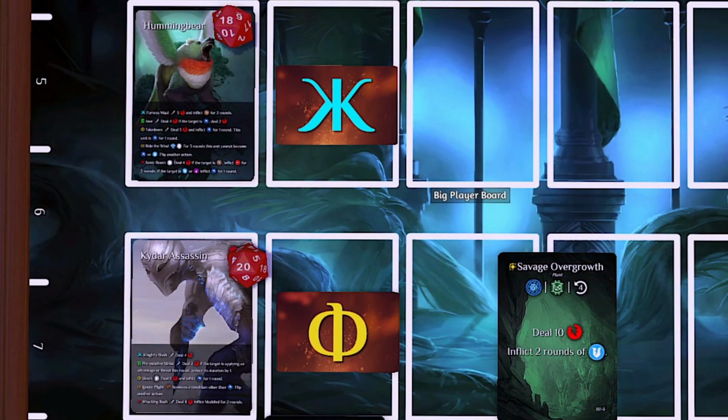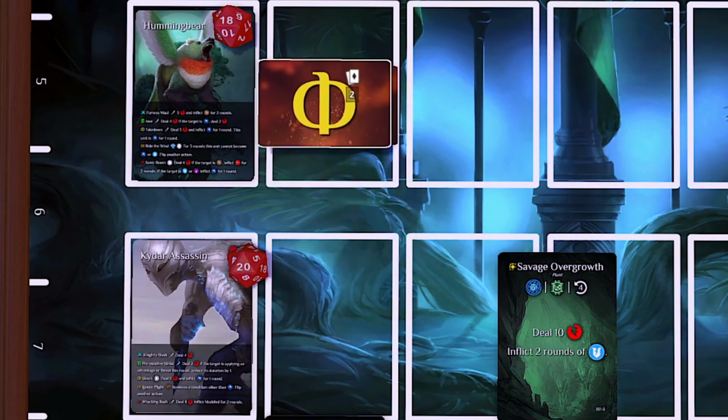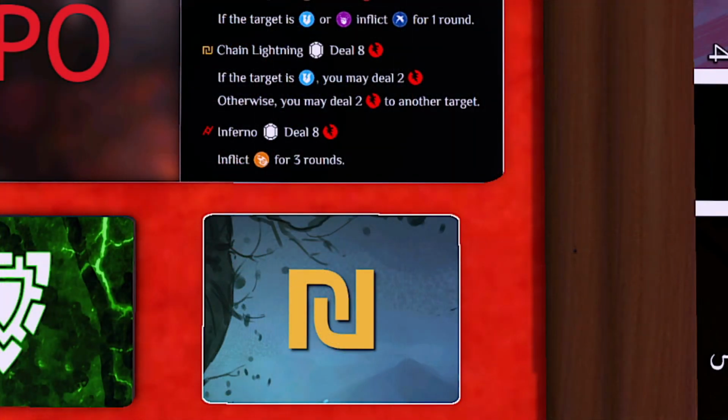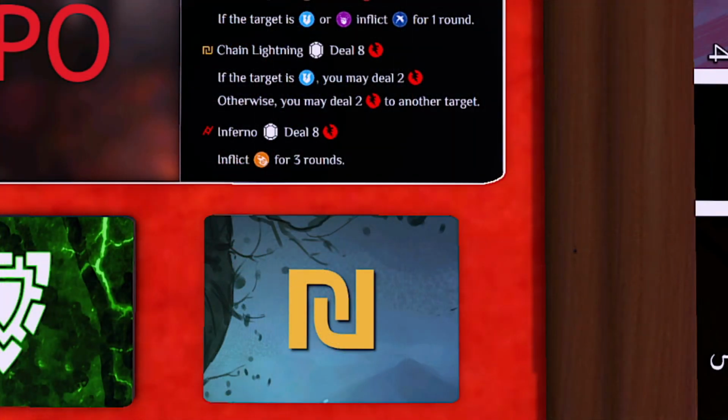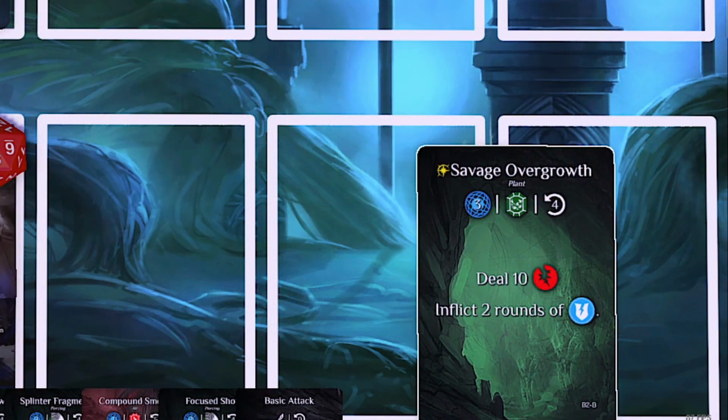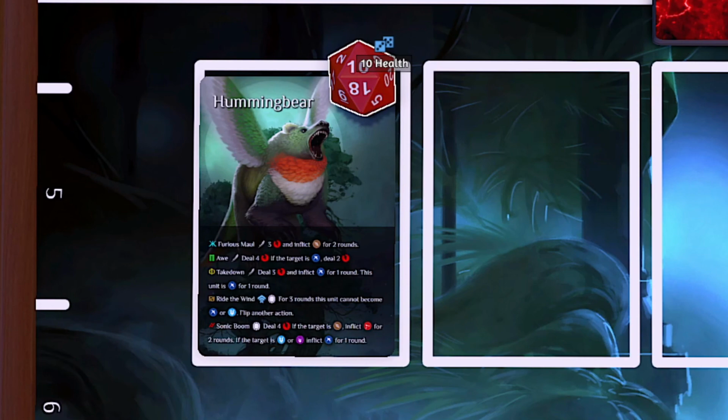Once I have resolved the actions for both enemies, I can take their cards and place them in the discard pile. Then I can resolve the actions of any party members in any order that I choose. Kaya on her turn has flipped the rare icon, dealing 8 damage to an enemy. Neither target is vulnerable, so she will be dealing 2 damage to another target. In this case, I will choose to deal 8 damage to the Hummingbear and 2 damage to the Kainar Assassin from Kaya's action. Then I will deal the 10 damage from Savage Overgrowth to the Hummingbear enemy,